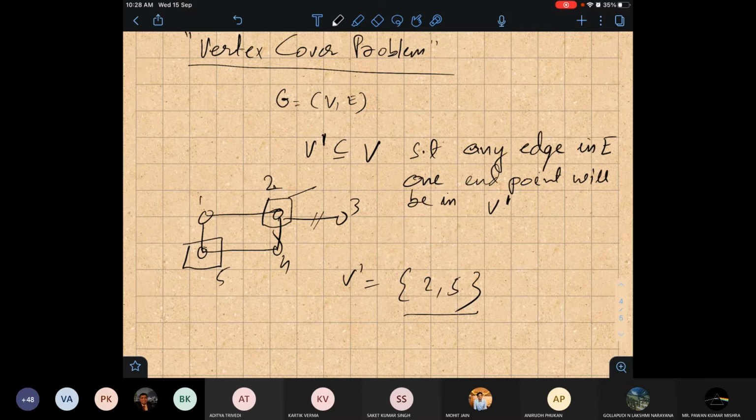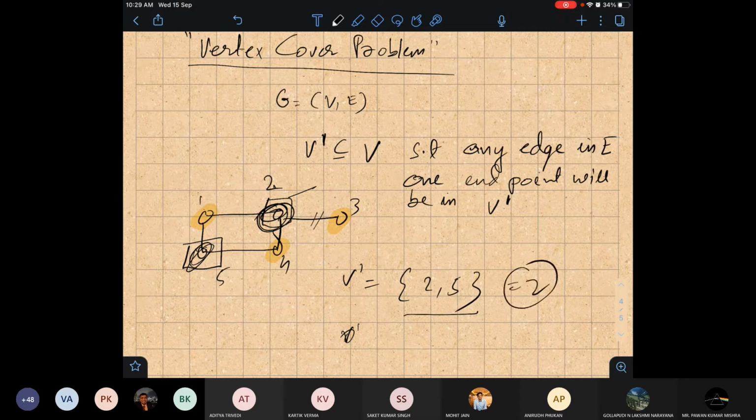Now if we consider these two, and also these three, I guess these three also form a vertex cover. So our goal is to find the minimum cardinality. Here in this graph, V dash is 2, because 2 is the minimum. By taking only one node, we cannot form a vertex cover. So here in this graph, it is 2.